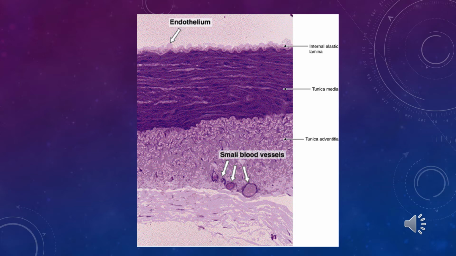The shape of the internal and external elastic lamina is similar to the elastic membranes of the aorta, with waves, and these waves can form after death of the